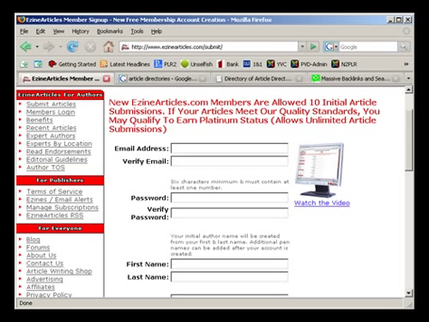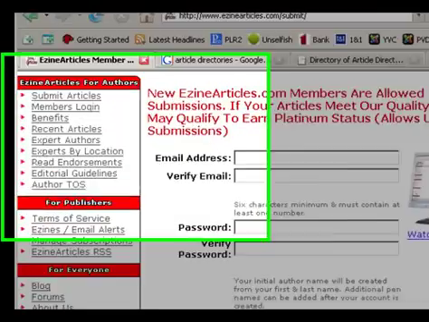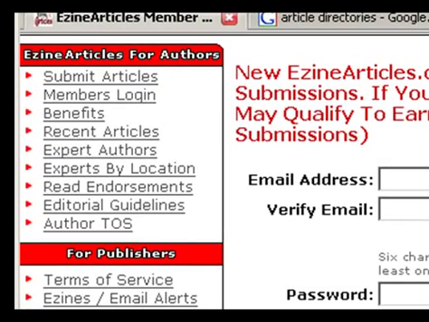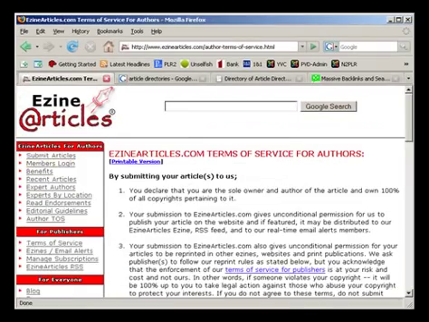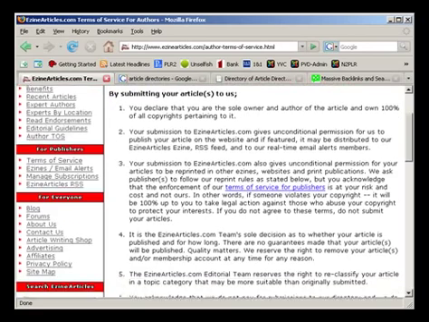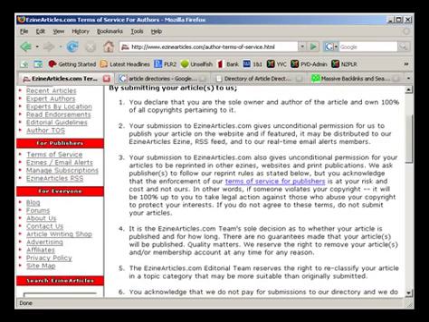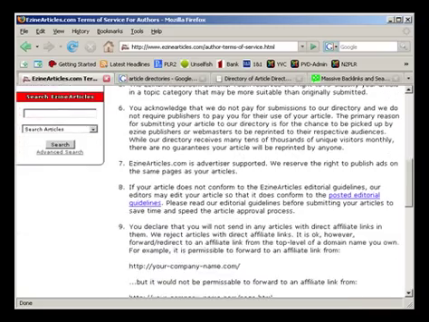Let's go ahead and take a look at the terms of service, or the submission guidelines for eZine Articles, and it's right here under Author TOS, or Terms of Service. Go ahead and click on that. And you'll find that most of these are going to be basically the same, but again, it's good to at least take a gander at them one time around, because they may have some information here regarding items that can or cannot be included in the body of the article,